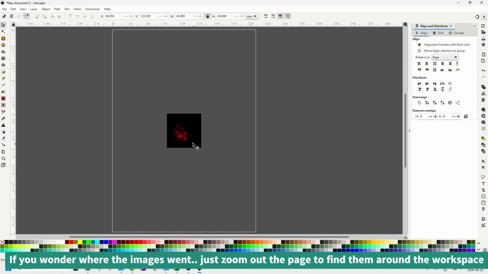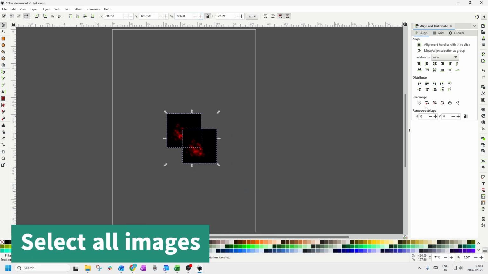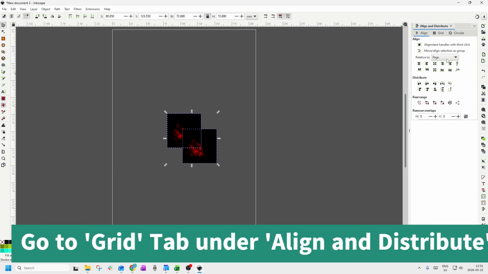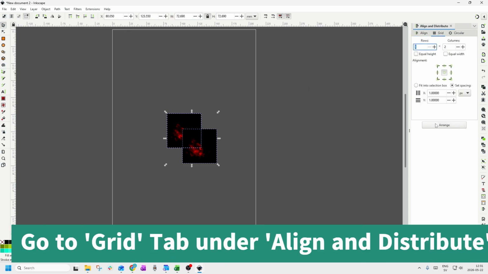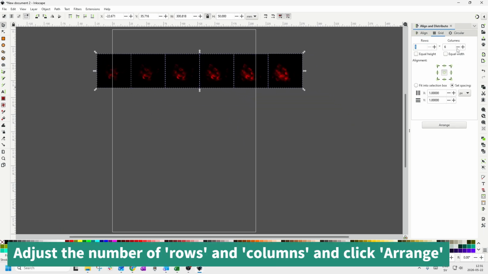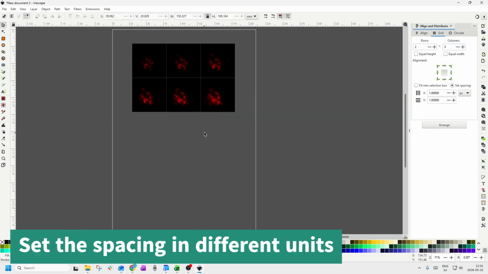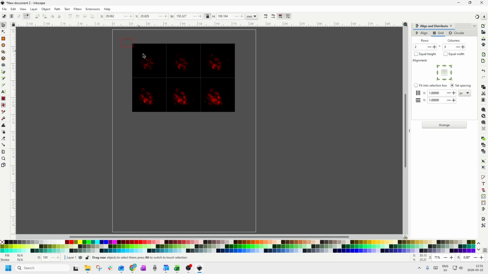Here, for example, I have taken each panel of 50mm width and height. There are 6 panels in this example, and I'm going to create different sizes using 2 rows 3 columns or 3 rows 2 columns. You can change the setting of the gap between the images by selecting the pixel size or another unit. I'm going to change the pixel size and click on arrange to see how the changes are applied to the